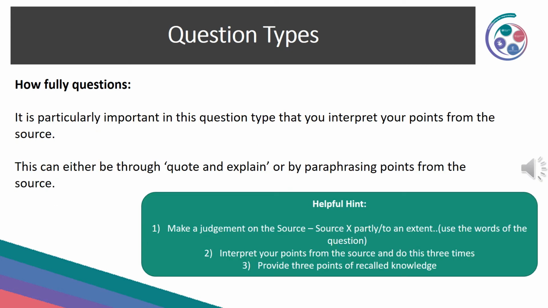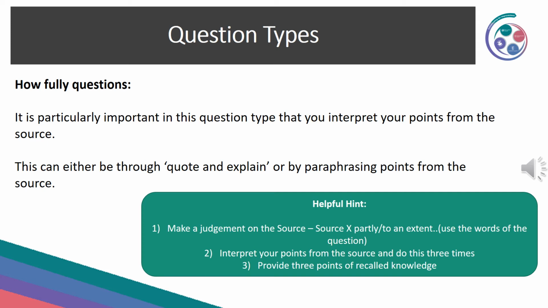It's particularly important in your how fully question that you interpret the points from the source. Remember where your marks are coming from in the first place. In a how fully question, the first thing that you will need to do is make a judgment on the source. You can do this through the following. Source X partly or to an extent, and then you would use the words of the question. Although you don't get a mark for that judgment, it means that the rest of the marks in your answer